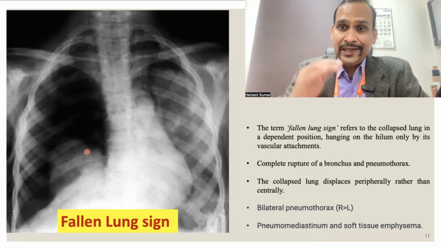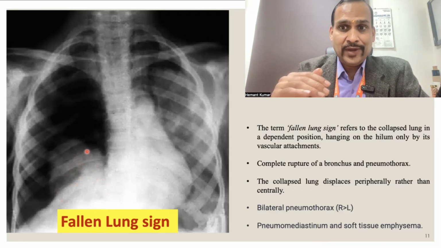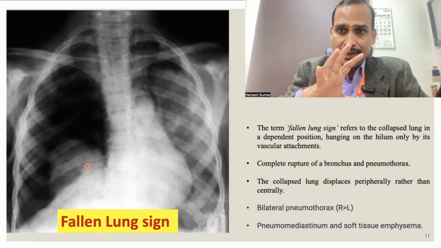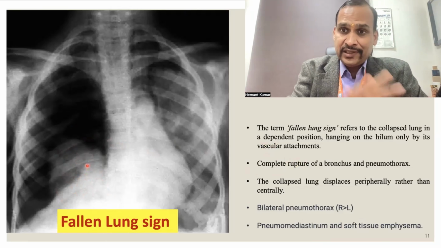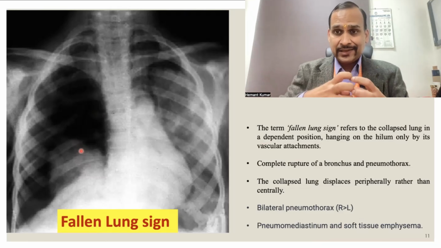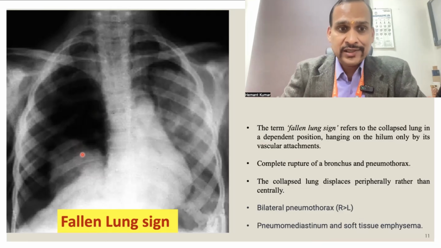Okay, but it is not completely cut down from the hilum. It is attached by vessels, a vascular attachment. So this is the fallen lung sign. So this is not classical pneumothorax. If you try to differentiate it from pneumothorax, the lung usually collapses towards the central side, but in the fallen lung sign it is